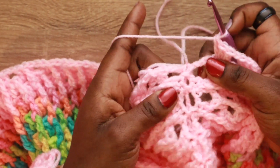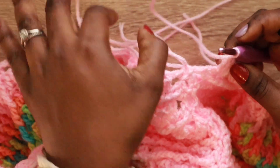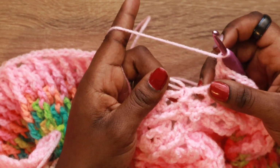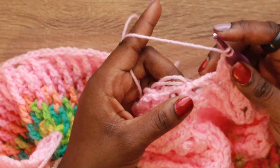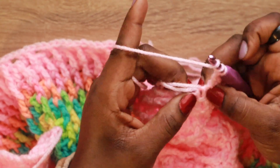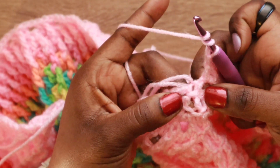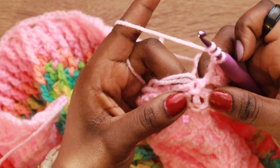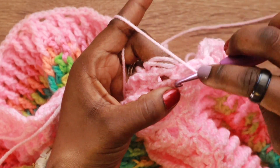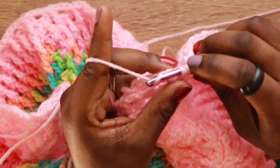the middle seam. This is where we seamed our pieces together. So right now we're going to chain 1 after we did the 3 double crochet clusters, and then to kind of bring this together and it won't look so wonky, you are going to place 1 double crochet right here into this space, and then you are going to triple crochet into this space right here around this chain 3 from when you attached your pieces together. So you are going to triple around that chain 3,